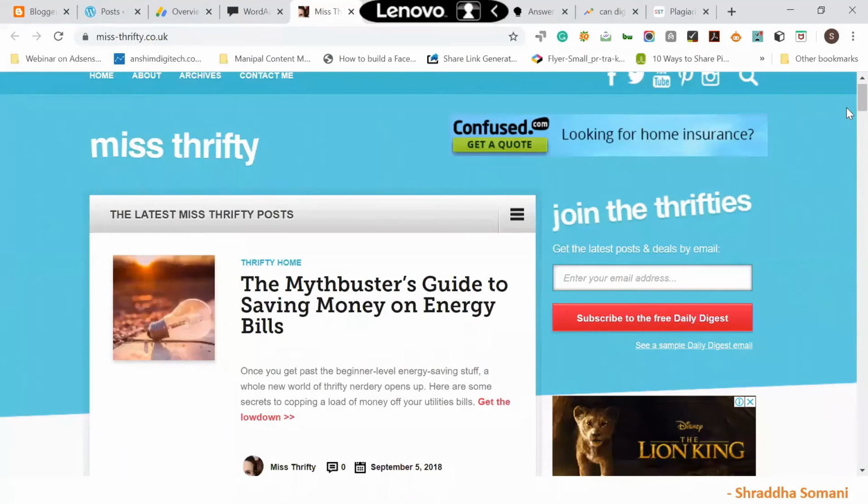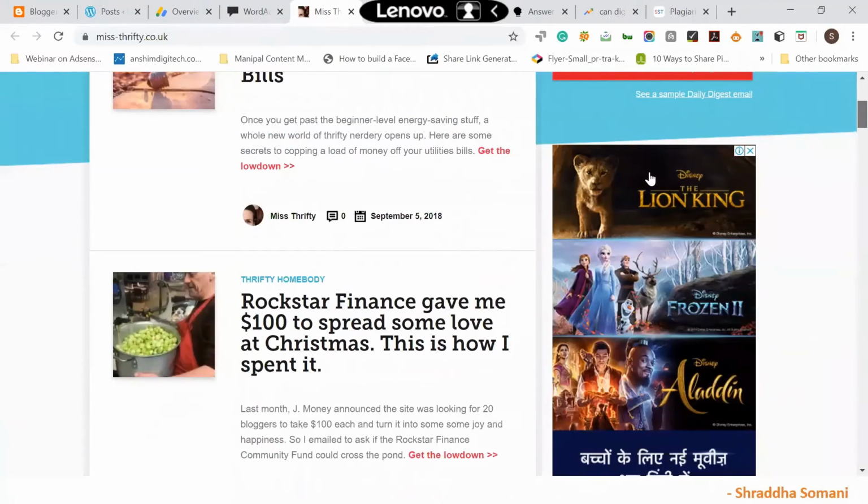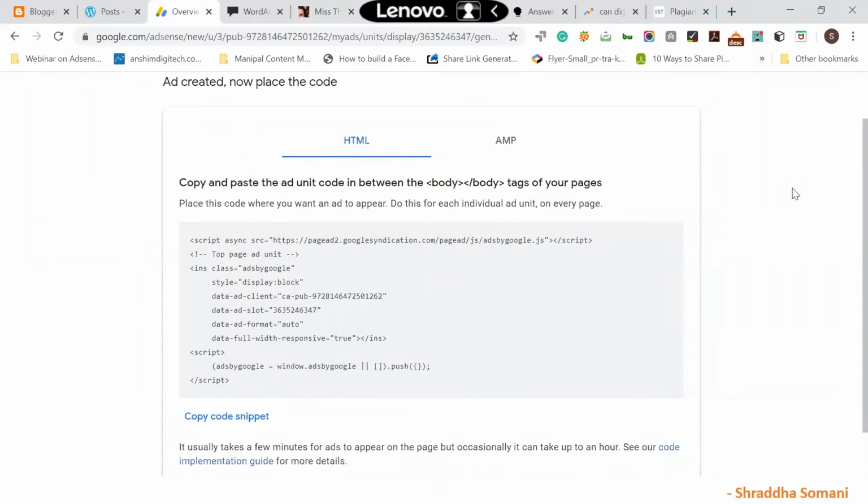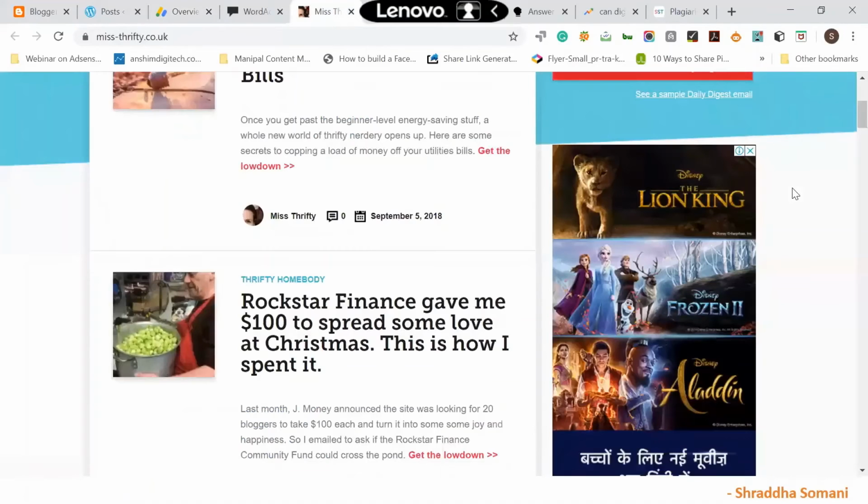So now I want to show the ads on this part. Simply what I will do is paste the code on this part, and whenever the advertisers are bidding, the highest paying advertiser's ad will be shown on my website. So before that, I have to just copy this code. I have to place this code on the website. You have to tell the developer where exactly you want these ads to be shown. All right. Okay.